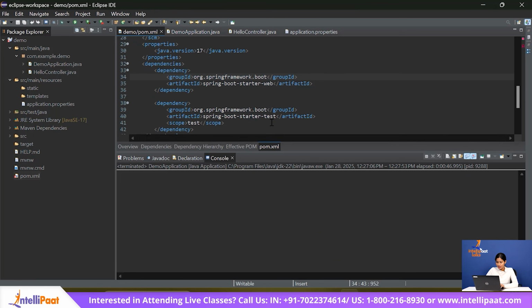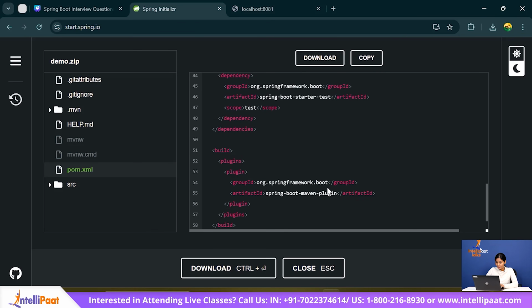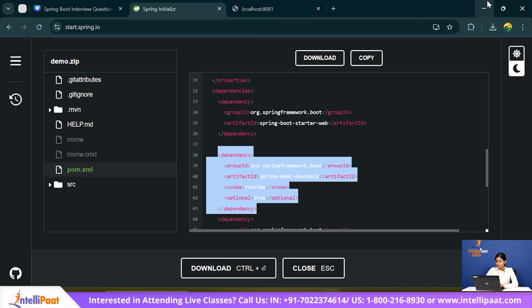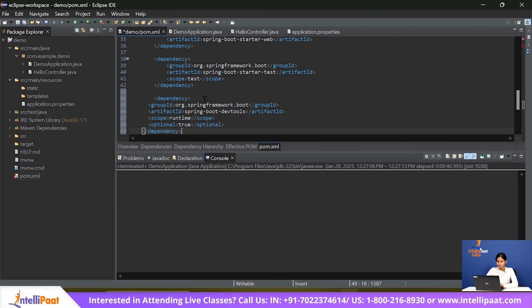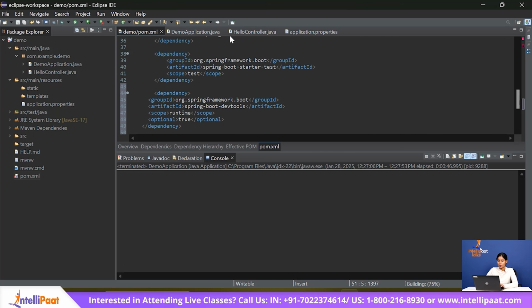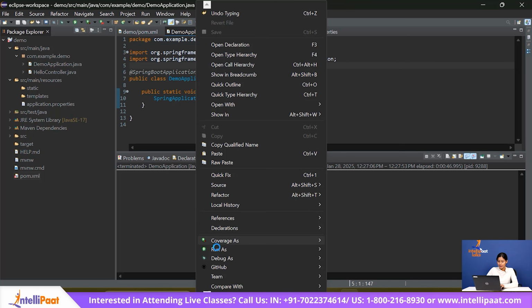Okay, wait. The Spring Boot starter test is there. It should be here somewhere. Starter test is there. There it is. Copy the dependency. Yeah. And now that's ending. Okay. Paste it here. We need scope. We don't need optional stuff, but I don't care. Let's just put it there. Now, okay. Now if we try to run this file,